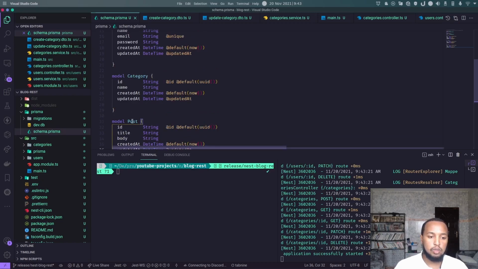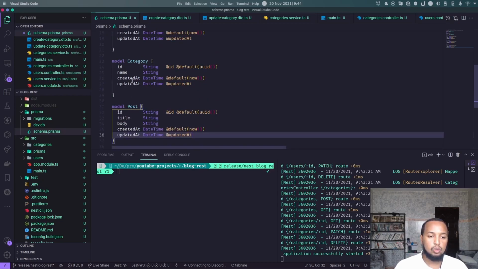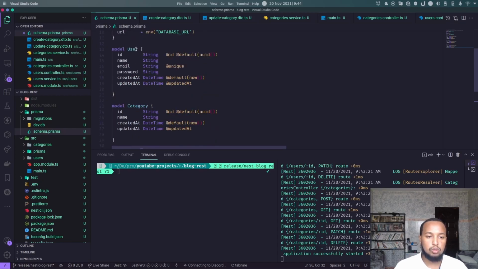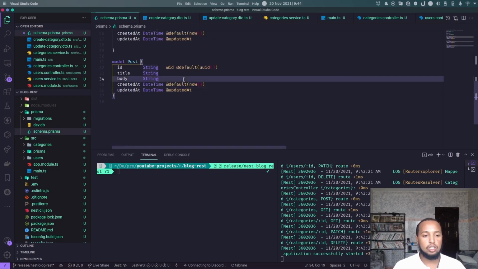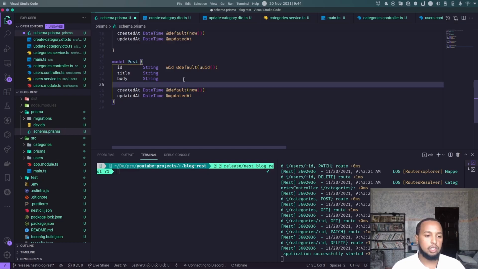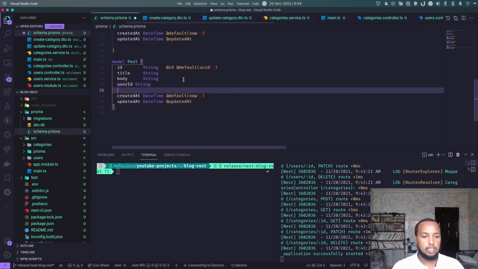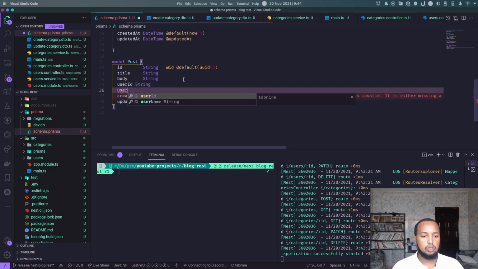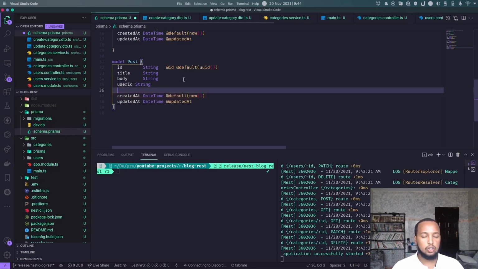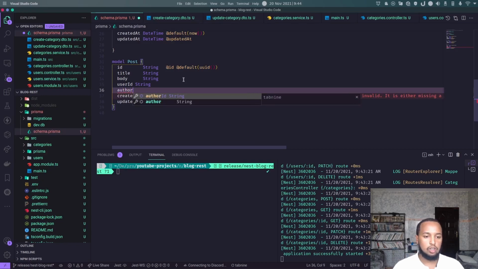It will be a many-to-many relationship, but between the user and post, each post will be made by one user, and a user will have a list of posts. So since it's a one-to-many relationship, we'll have the foreign key here in the post. So what we'll do is userId, that will be a type of string, and another thing we are going to do is user, and actually let's not call it user but an author, so let's call it author instead. And the author will be the user type, and it will have a relation,